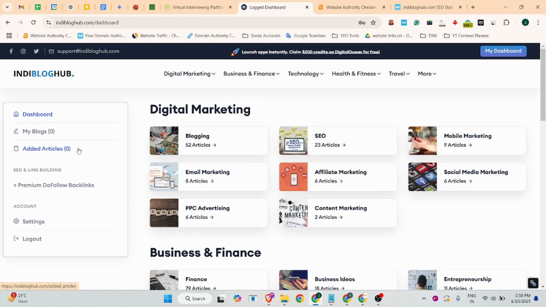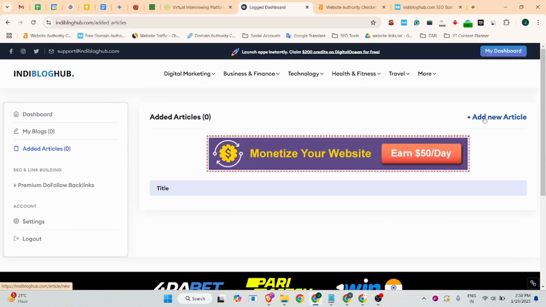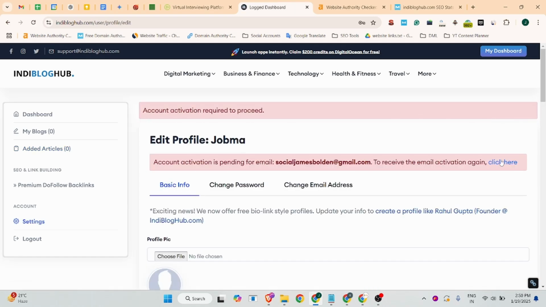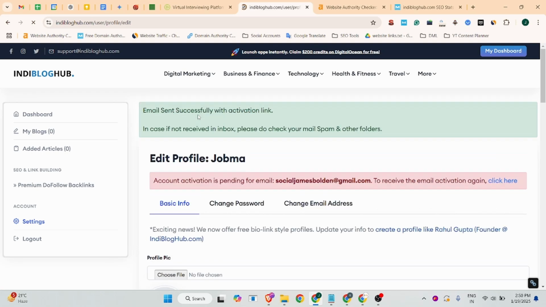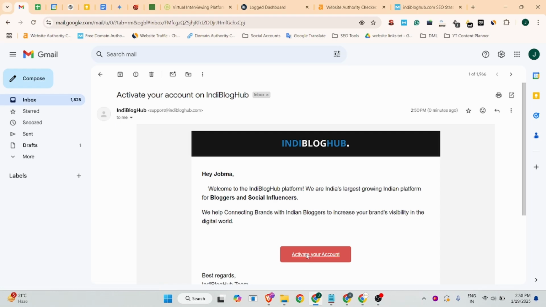So after that, you can navigate to add articles, and click on add new article, and after that this site will ask you to activate your account. So you can click on this, click here, and after this the site will send you the activation email. So yeah, they have sent it, so you can activate your account. I received it, click on activate your account,